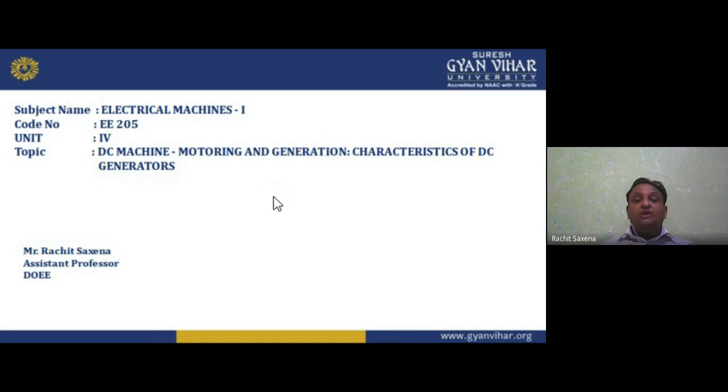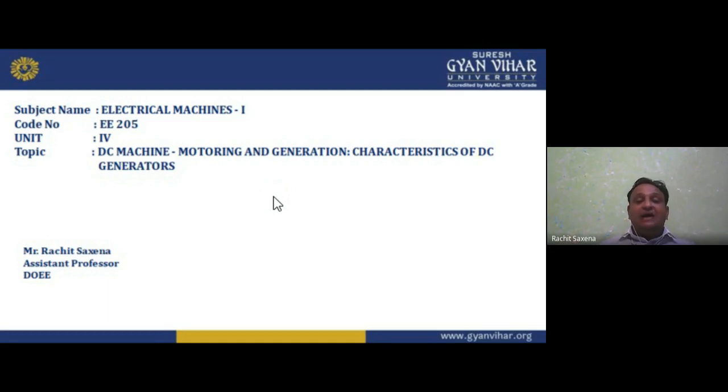Now, about unit number two: there are many laws which we studied in unit number one: the Biot-Savart law, Ampere law, then the Force law. The Force law tells you that whenever a current-carrying conductor is placed in a magnetic field, it experiences a force. The force occurs when the velocity of the charges and the magnetic field B are perpendicular to the force. Then that is the Lorentz force, BIL. Due to this force we can get a torque, which comes under the Force law. I hope you understand the Force law.